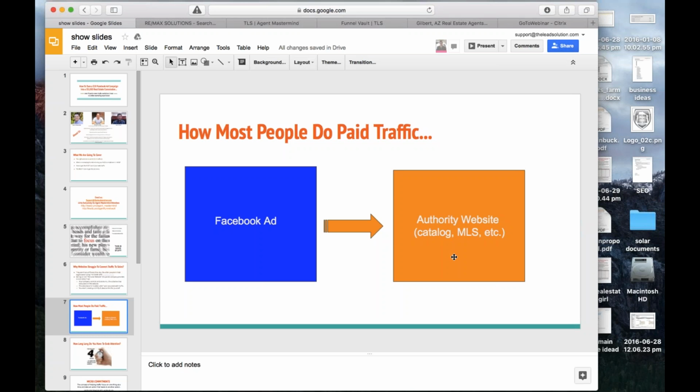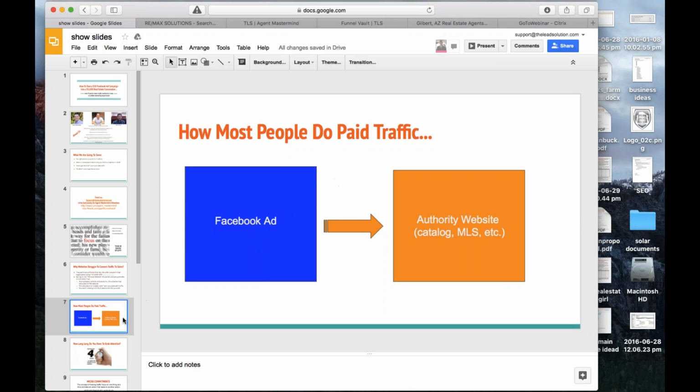You went to GoDaddy, you bought a URL, and it's your own website. But again, it's doing the same things that a company website does. It has everything about you. It's a catalog. They can access listings that you have and all this kind of stuff. But again, what's happening here is you're paying for traffic, or even if this is a post inside of a group, and you're sending this to a page that someone has to do a lot of scrolling, and maybe they're on a mobile device, they have to pinch in and out.